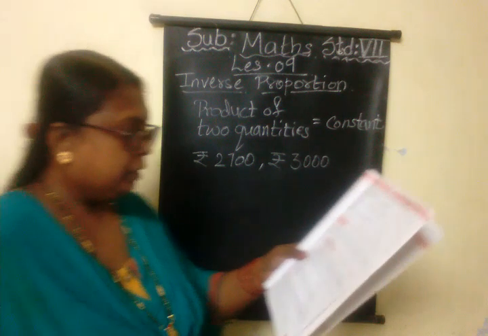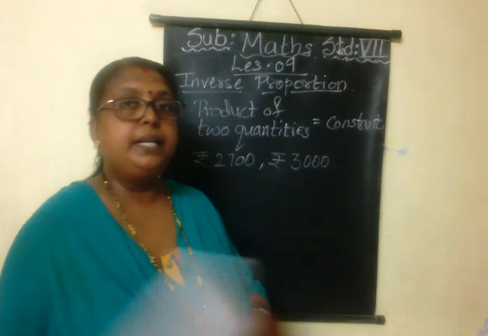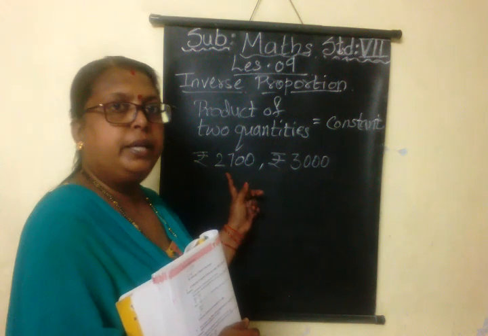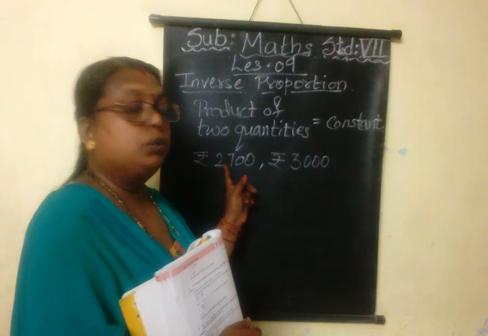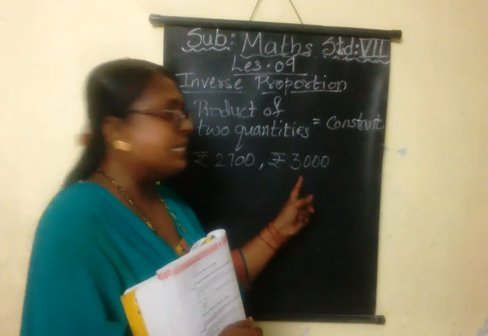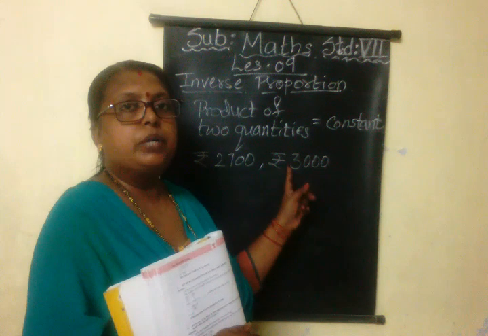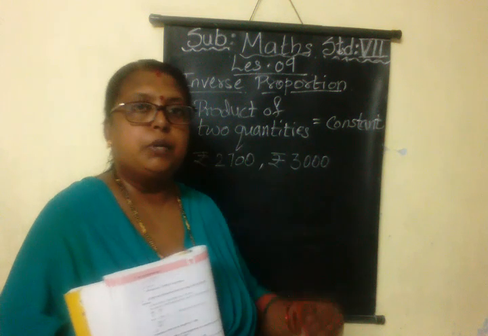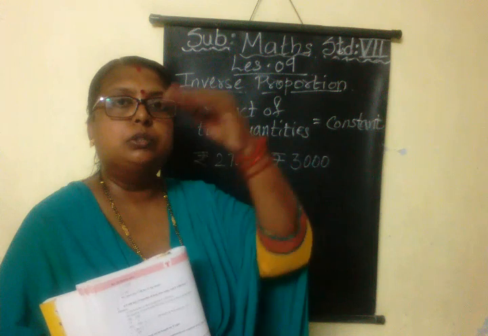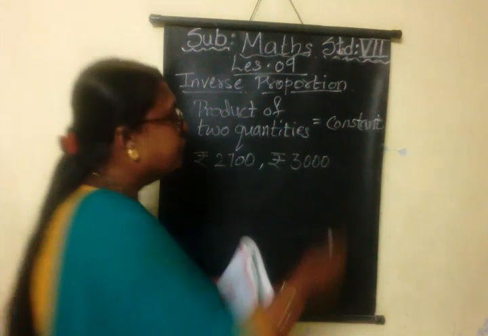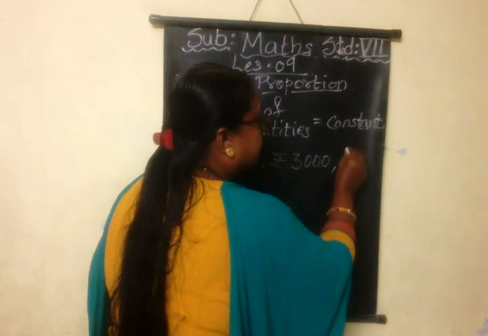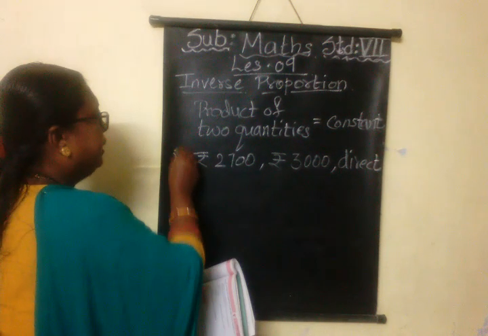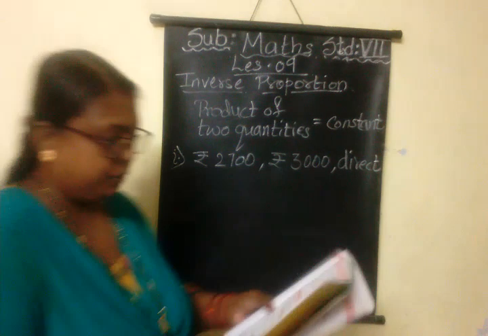Okay. The number of students and money collected are in dash proportion. See, when number of students here were 45, the amount is 2700. When number of students increased to 50, the amount increased to 3000. Means here there is an increase in both the quantities. Number of students increased, the amount also increased. So it is an example of which variation, which proportion? Direct proportion. Which proportion it is, children? Direct proportion. So this is the answer of the first one.